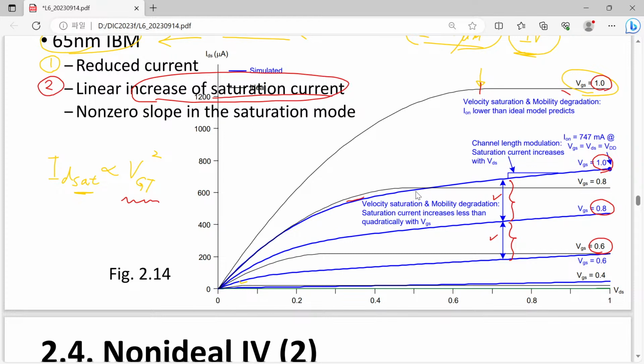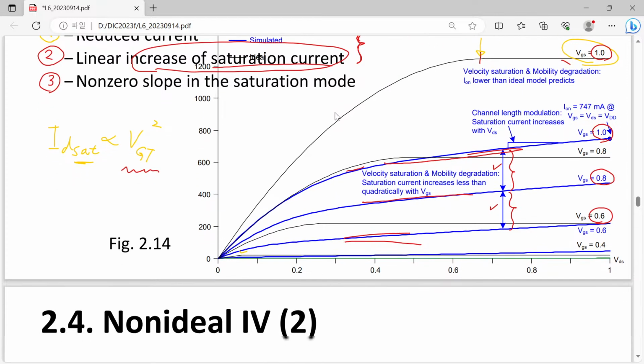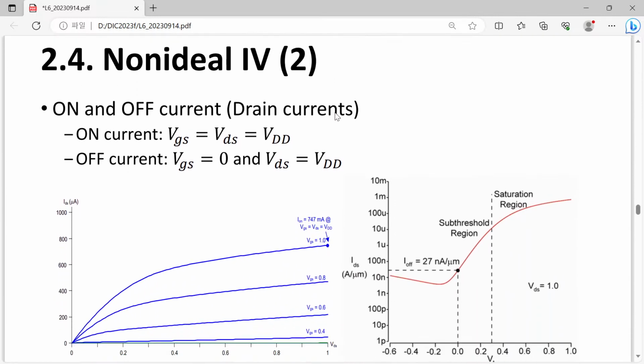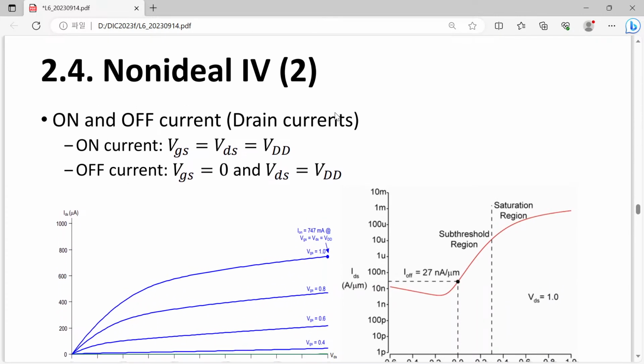Finally, as we have already seen, the blue curve has a non-zero, non-vanishing slope even in the saturation region. So this is the one we have to consider in this lecture. Of course, maybe time is running out, so I hope that we can consider the first two parts in today's lecture, and this third one, the last one, will be discussed in the next lecture. But before talking about this kind of behavior, why we have this deviation from long channel IV,